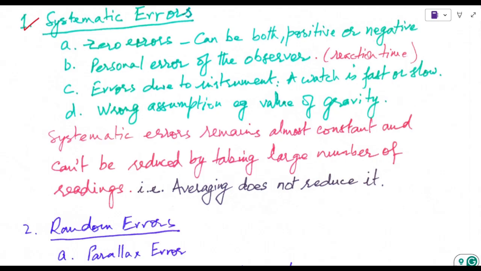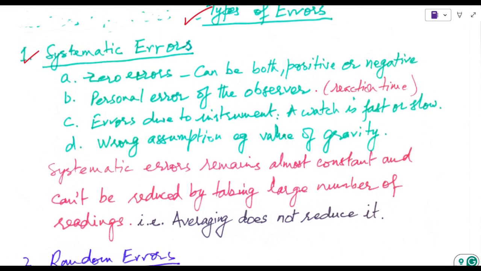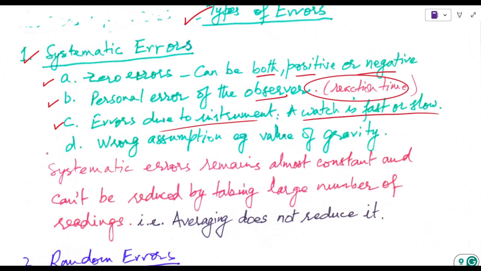They are systematic errors and random errors. The examples of systematic errors are zero errors, which can be positive and negative as well. Personal error of the observer, for example, reaction time. Errors due to instrument, for example, a watch which is running fast or slow. Wrong assumption, for example, the gravity value is 9.81 and it is erroneously taken as